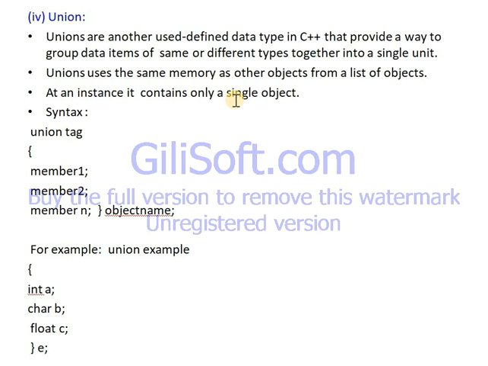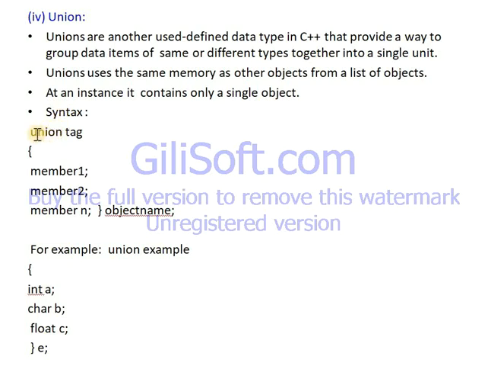The concepts are the same, but structure variables allocate different memory for different variables, whereas a union allocates the same memory for different members. The syntax for declaring structure and union is the same.